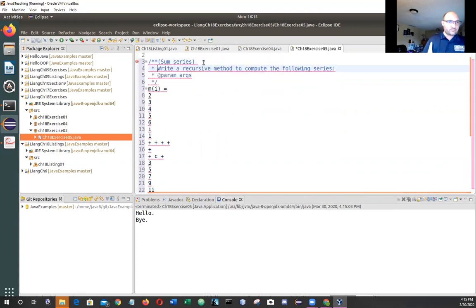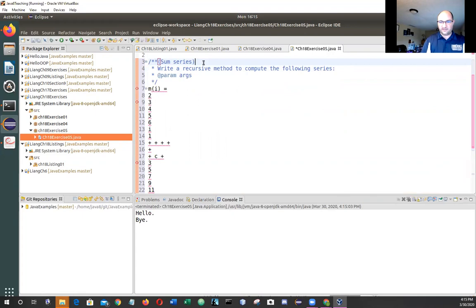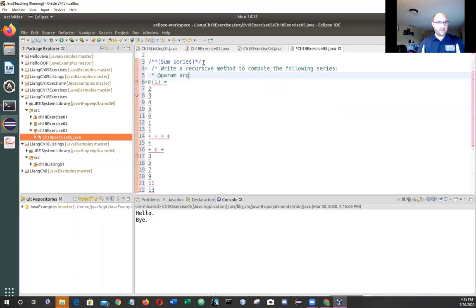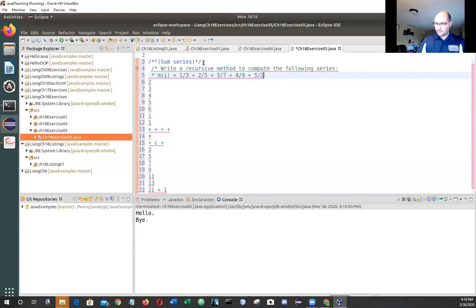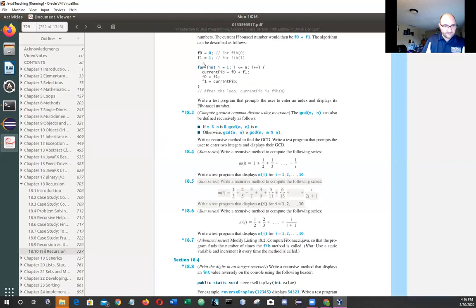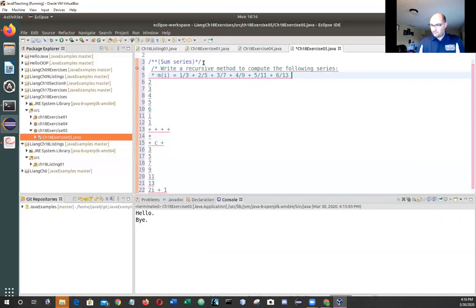And so it says, sum a series. Screwed that up just a little bit. There you go. M equals, and then our first term is 1/3 plus, I believe it's 2/5. Yep, 2/5 plus 3/7 plus 4/9. Yep, 4/9 was correct. And now we do 5/11 and 6/13. And is it plus all the way? It's always plus. Good. Okay, and 6/13 plus,